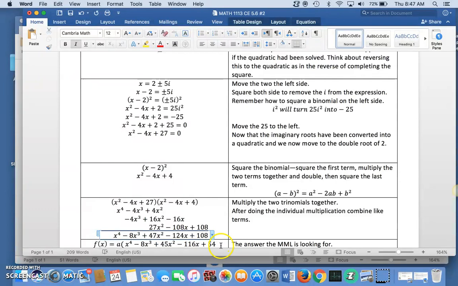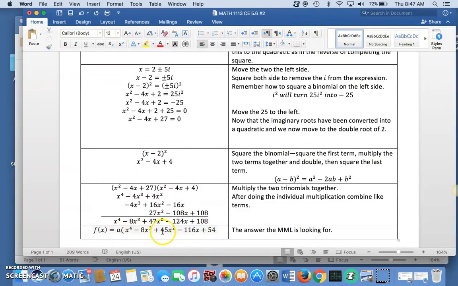And then the last term would be 108. All right, last but not least is what they're actually looking for with your final answer here. And should be what you have right up above there. Plus 108. And hopefully I hadn't made any more mistakes. And that's what you would type in. It's not really hard. It's just somewhat of a long process in that you've got to expand so many different